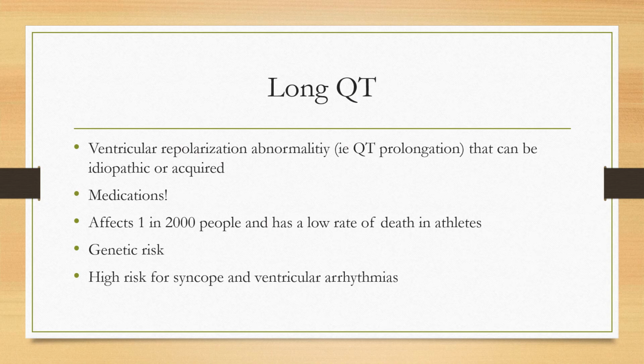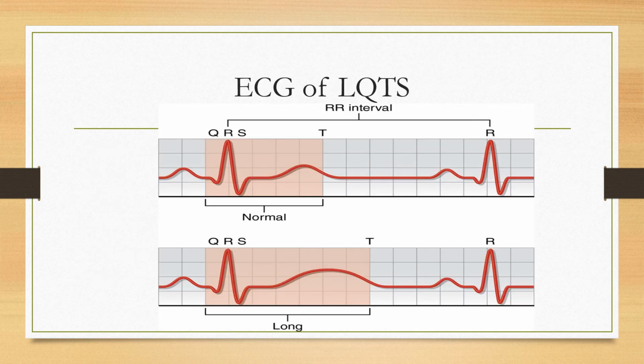So long QT syndrome. It's a ventricular repolarization abnormality, meaning that the QT time is too long. It affects 1 in 2,000 people and has a low rate of death in athletes. And there is a genetic risk, and there's a high risk for syncope and ventricular arrhythmias. When I think of long QT, I think of medications, okay? So like Zofran, your anti-nausea medicine, can really prolong that QT. And the issue